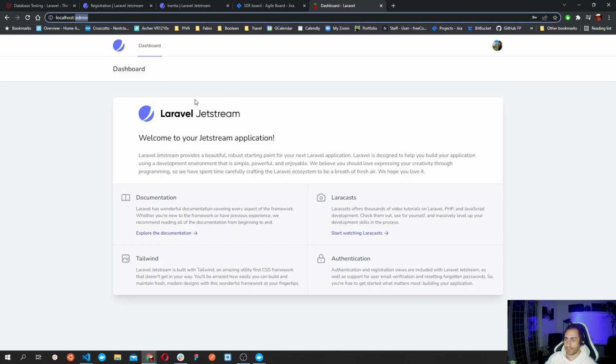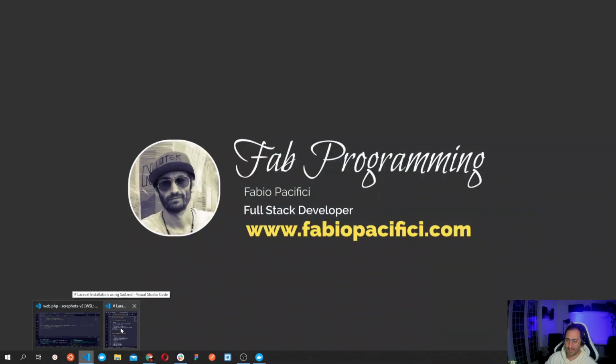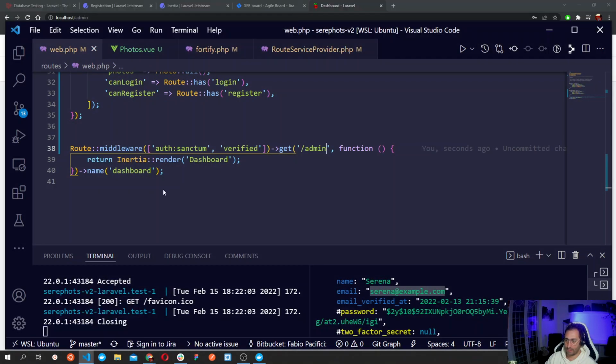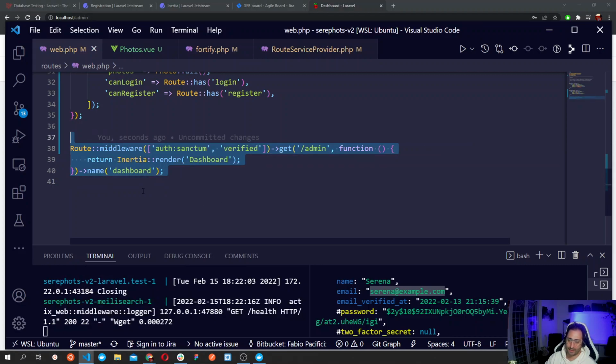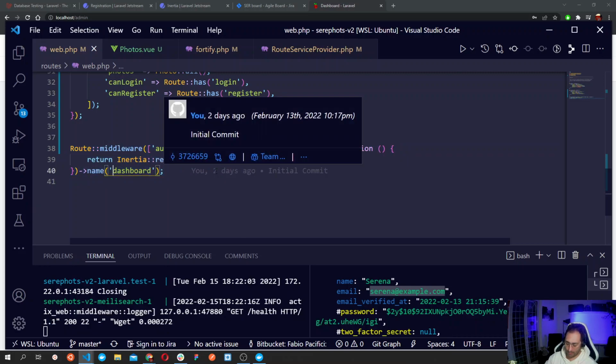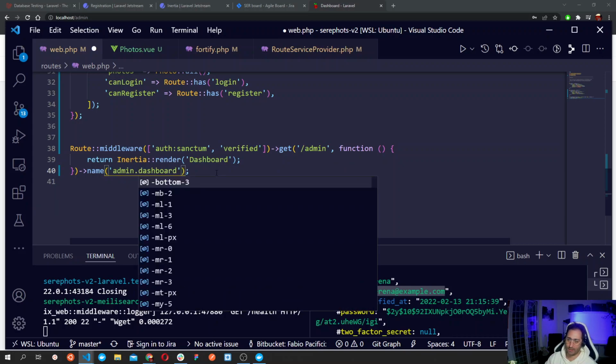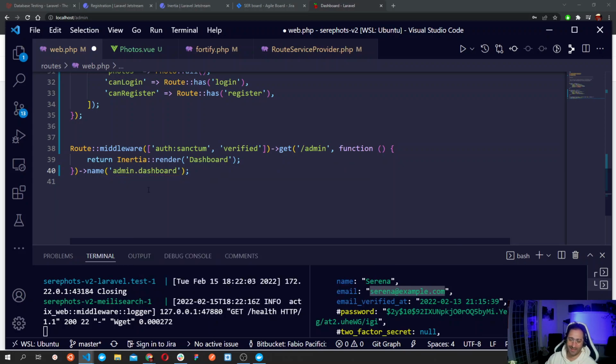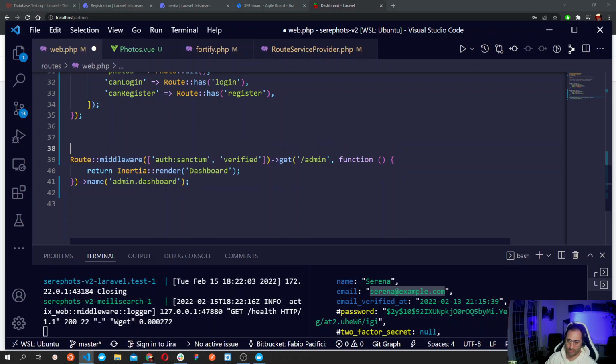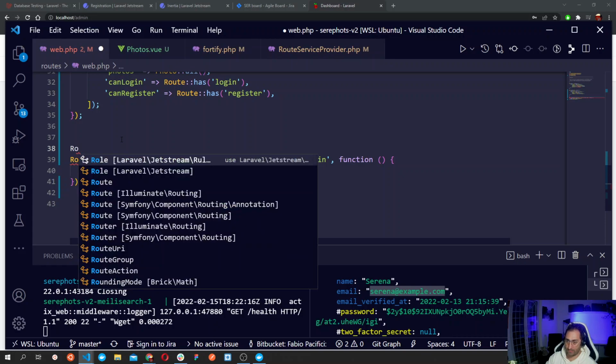So we got this, and now let's make a route group. Yeah, right here. Let's put this inside a route group, and instead of calling this route just dashboard, we can call it admin.dashboard. So this is pretty standard stuff, what I used to do in Laravel 7. So not really much of a difference. So route